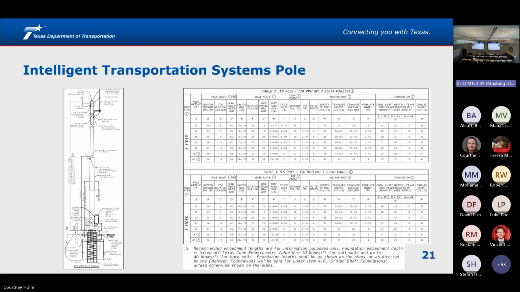So again, all of that's just to say that generally there's a lot of different notes. Some of the standards handle things slightly differently. So you can't just assume, hey, since I've done this other one, this one will look exactly the same. So it's important to take a look at the fine print, take a look at the notes and make sure that you understand that the monotube structures have that 3 foot included in the design, but the overhead sign bridges do not. So you have to pay a little bit closer attention to what's going on there.